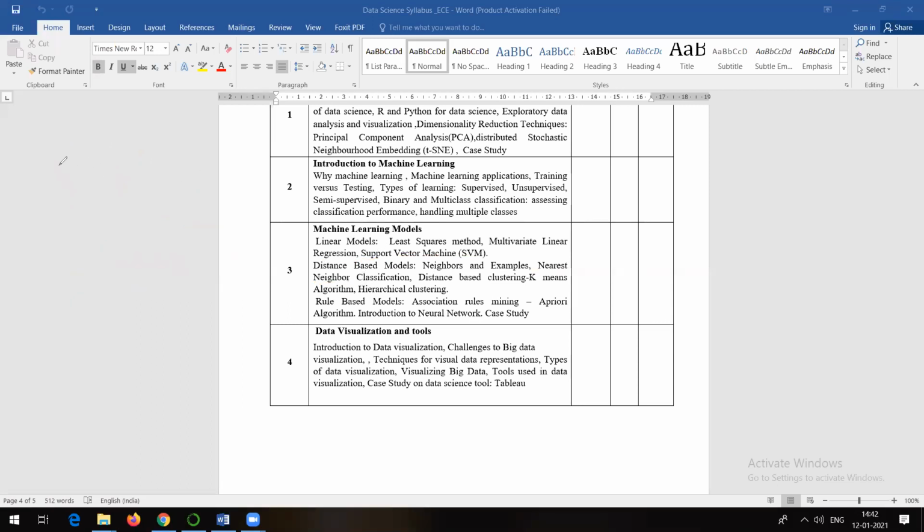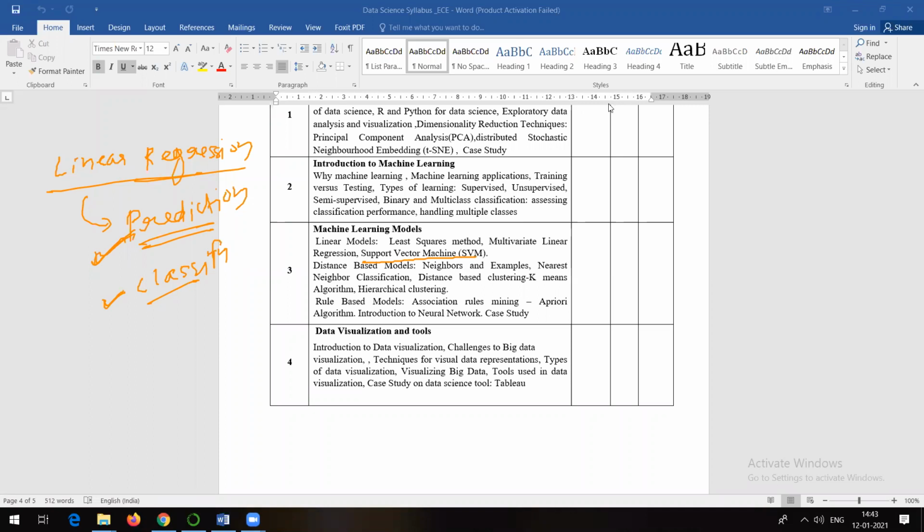Now, whatever we have seen in case of linear regression, always remember I told you regression is nothing but prediction. So linear regression is used to solve the problems of regression or prediction only. With the help of linear regression, you cannot solve the problems of classification. But the algorithm which we are going to talk about, support vector machine, can solve the problems of regression as well as classification. Except linear regression and logistic regression, all the other algorithms can solve both types of problems: prediction and classification.